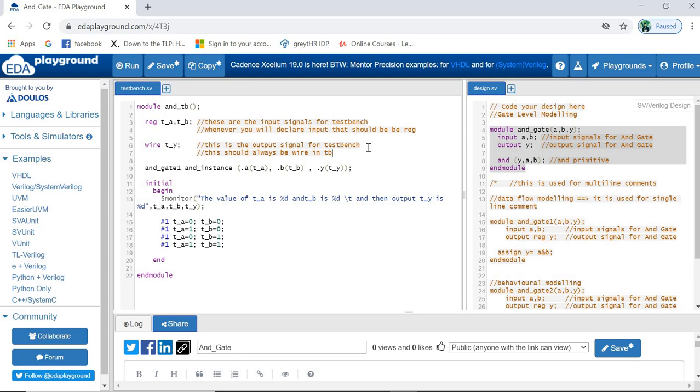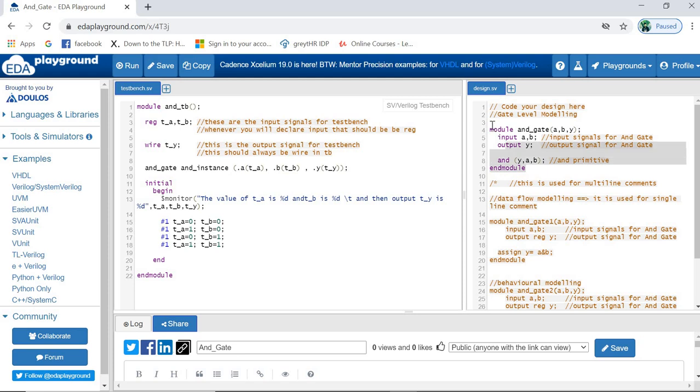So move further, coming to the next line number 9. Now you understand this part is known as an instantiation. What I am instantiating here is the AND gate. AND gate 1 I have written here, but my design is AND gate. So I will remove this one, because I am going to write things for gate level modeling.